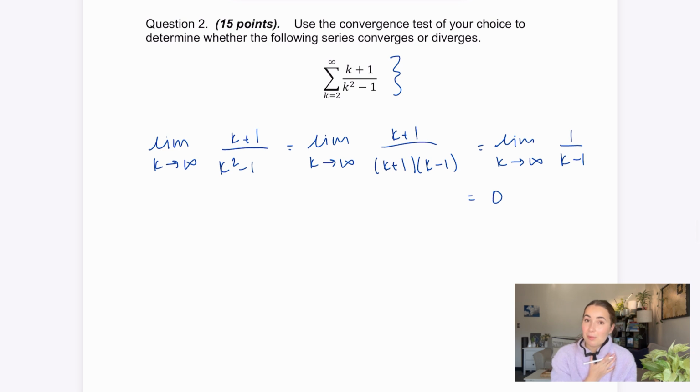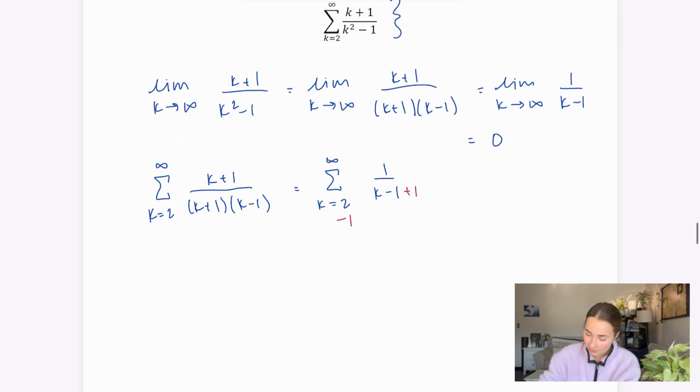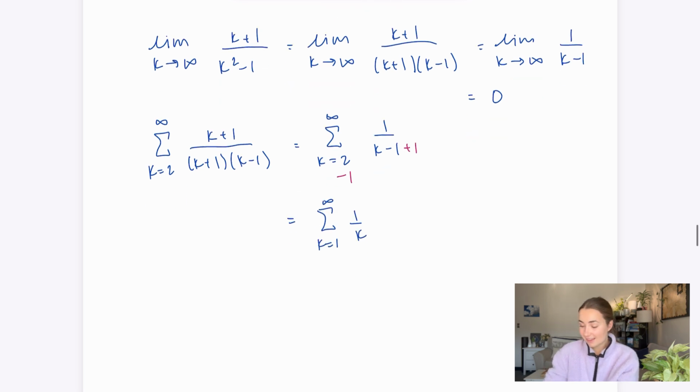Which I suggest maybe we just simplify the series. So we have a summation k equals 2 to infinity. This is going to be k plus 1. Let's go ahead and factor the denominator. We get k plus 1 times k minus 1. This is equal to the series k equals 2 to infinity. We get that k plus 1 cancels, and we're left with 1 over k minus 1. This is really close to the harmonic series. The harmonic series is 1 over k, but the index is starting at 1. So let's go ahead and subtract 1 from the index, which means I add 1 everywhere else to k. So this is equal to the summation k equals 1 to infinity of 1 over k, which is the harmonic series,